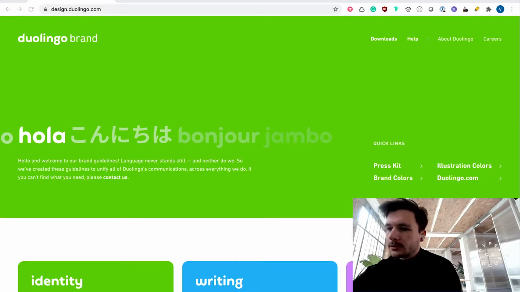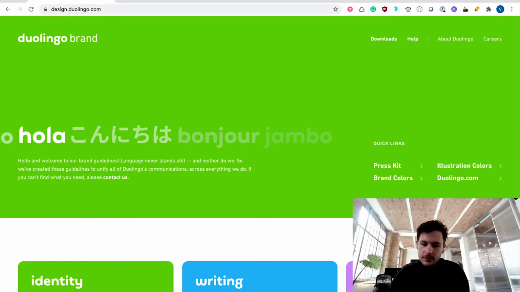So again, it's not only about components, it's also about their identity, their brand, and how it should be delivered to customers. And two things which we find very interesting are this writing section and also the illustration section. So, writing section, maybe before we dive into that,